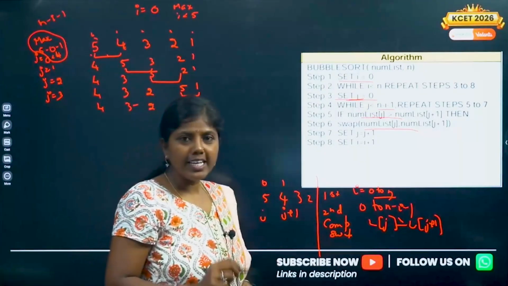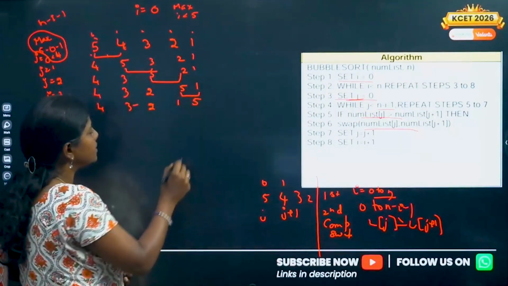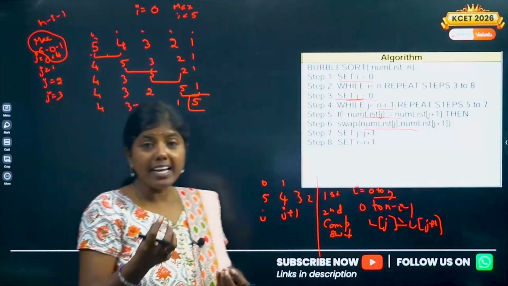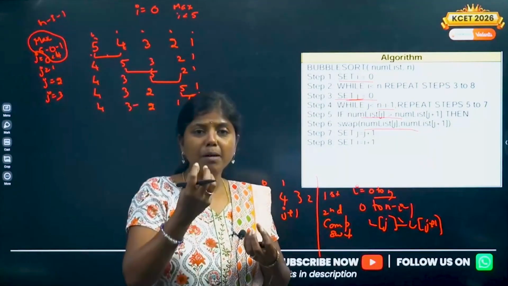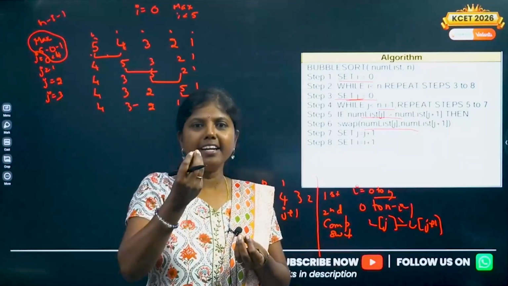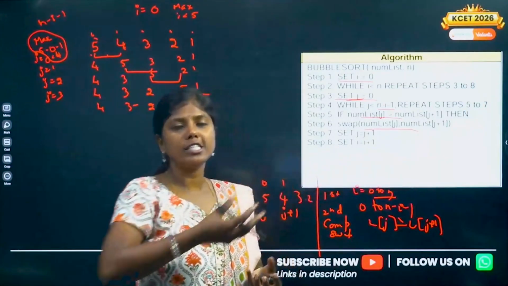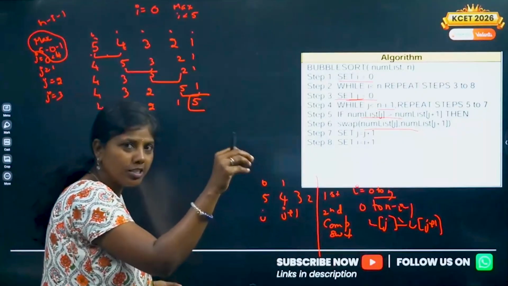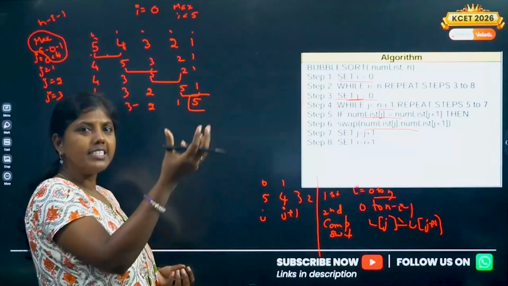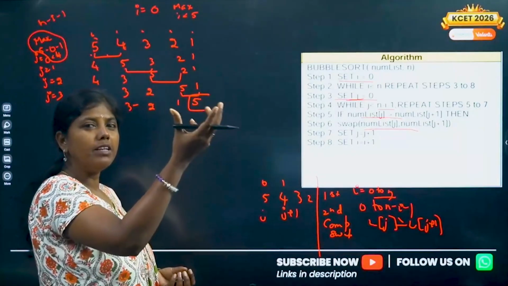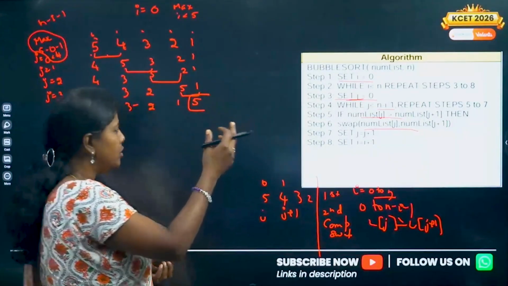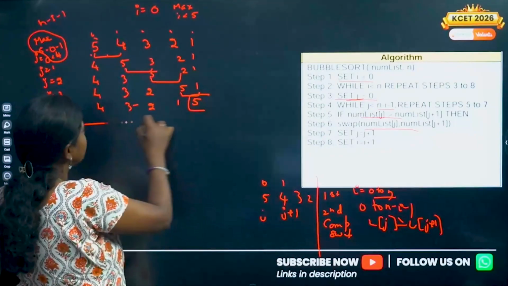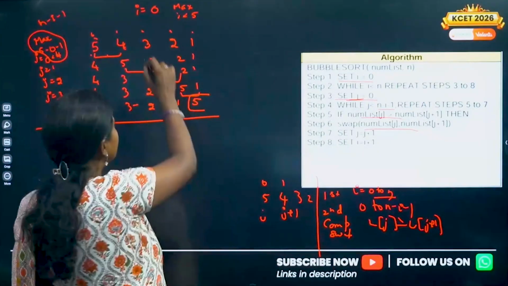Is the point clear here? Remember, here the largest element is being placed. It will be identified and it will be bubbled up, and placed in its corresponding position, the largest element. So when a heavy object is thrown into the water, the largest element, the bubble is shown here, and it will be placed in the corresponding position. I'm done with the first iteration, done with I equal to 0.